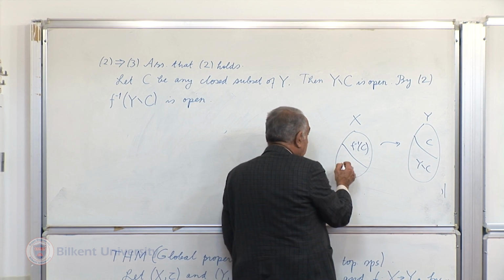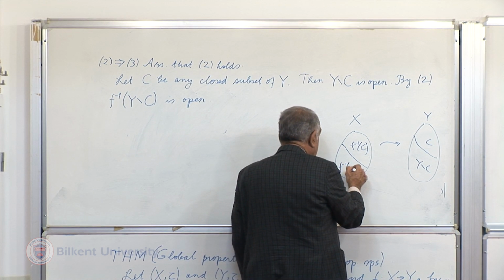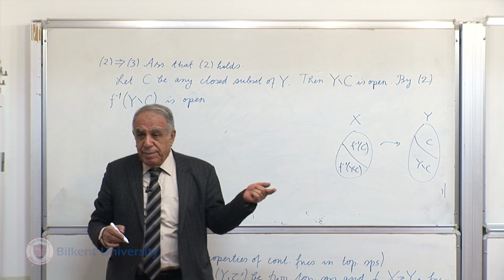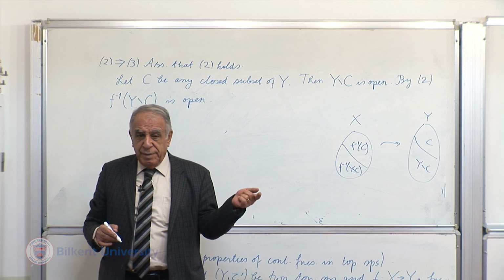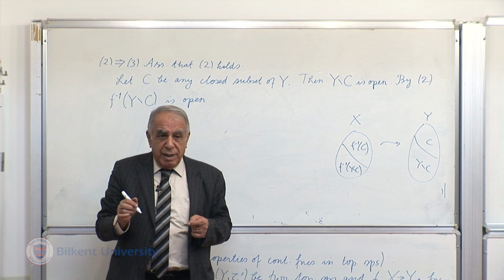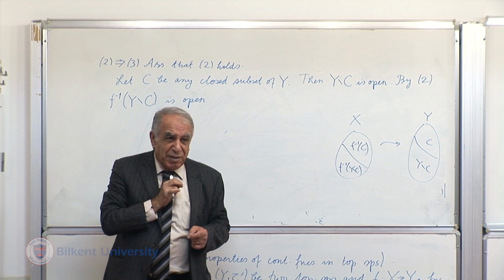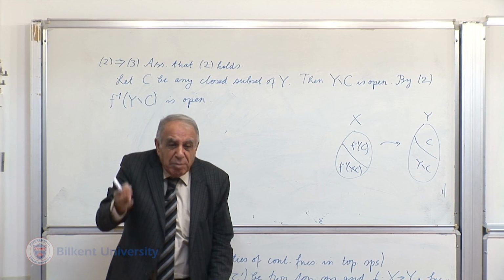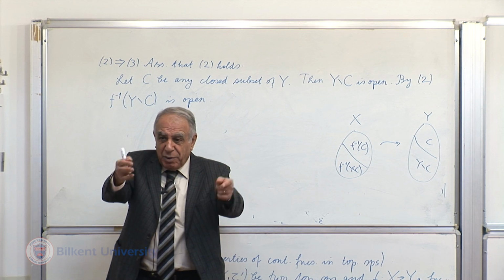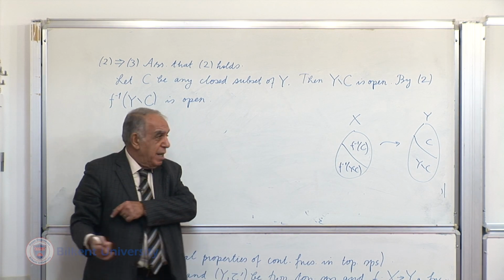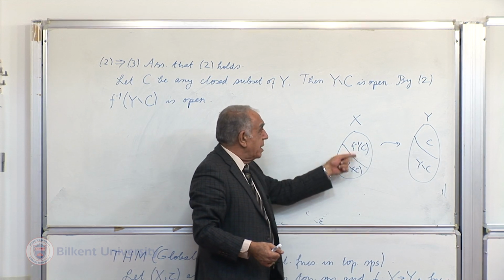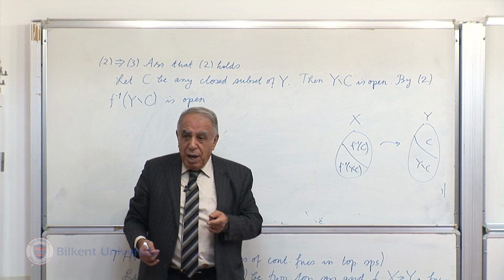So f inverse of C and f inverse of Y minus C are disjoint, because by definition of a function, it will be sent to exactly one point which cannot belong simultaneously to C and Y minus C. But everything will be sent to something, so this is a partition of capital X, which means